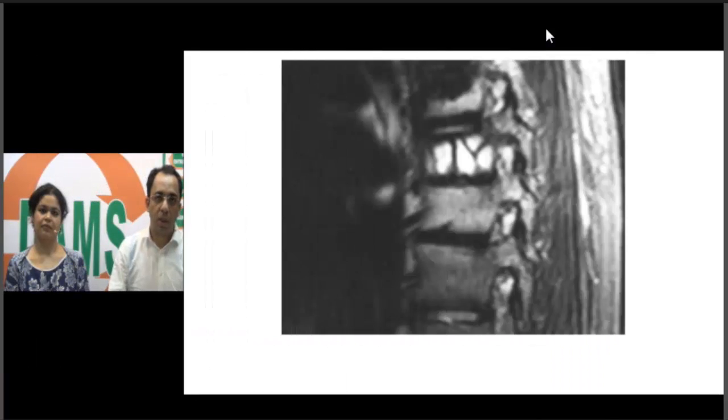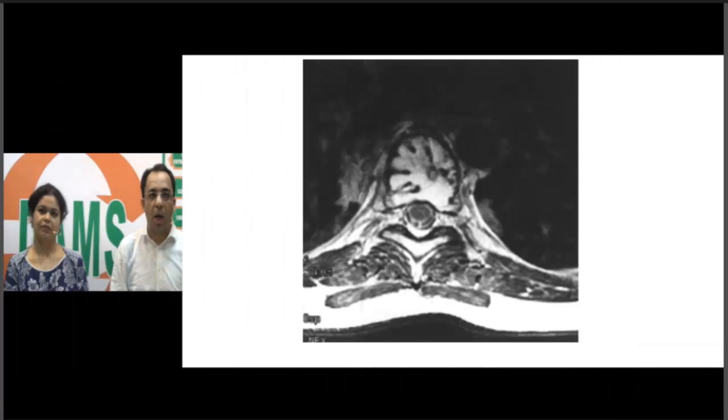When I look at the T2 weighted image, you can see hyper-intense signal in the vertebra. But the key thing here is, can you see these bony struts? And the interesting thing happens when I look at the same patient on an axial section. When you take the axial section of the MRI, can you see how those bony struts that we were able to see in the sagittal image are seen here?